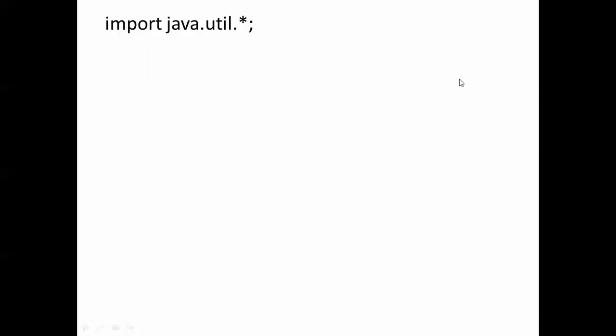Import java.util.*. As we already know, because we have already learned 5 lab programs. So from the java.util package, I'm going to use the Scanner class. I told you that also, that is java.util.Scanner I can directly use. Okay, if you don't remember the class name, then it's better to give star, right? I told you this. Okay, then public class Knapsack.